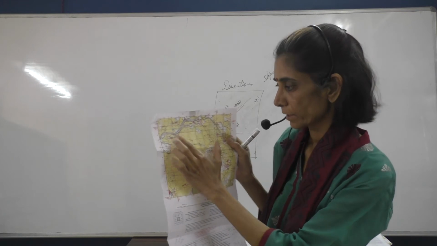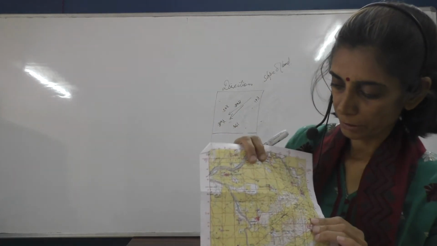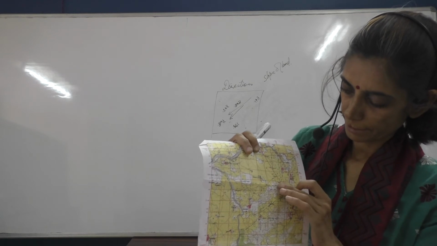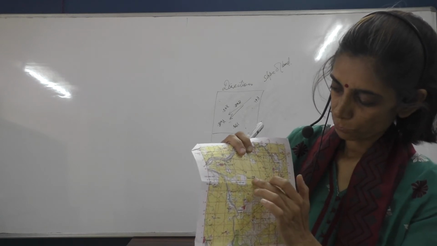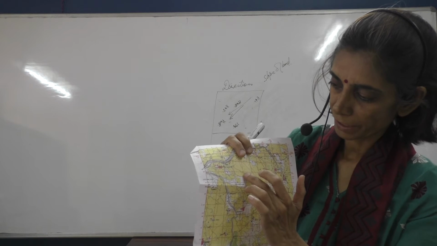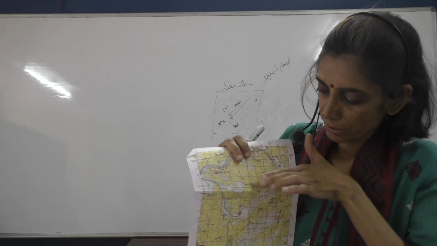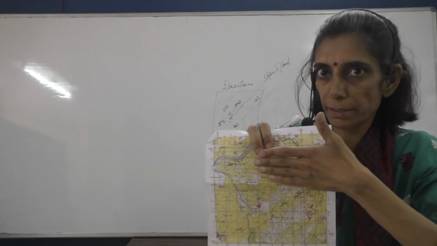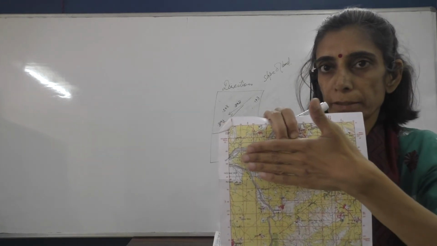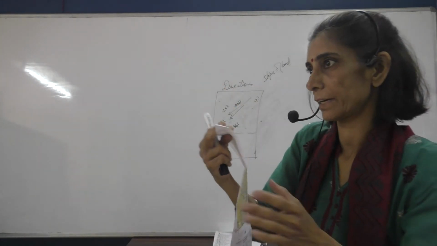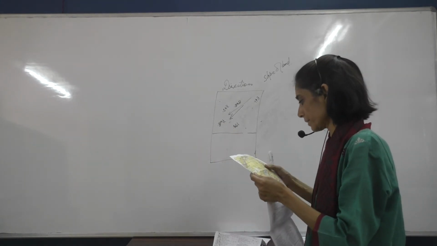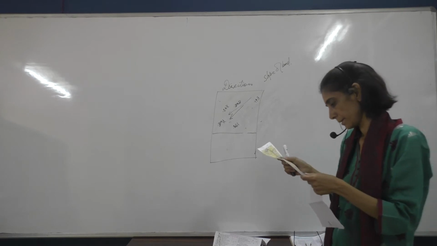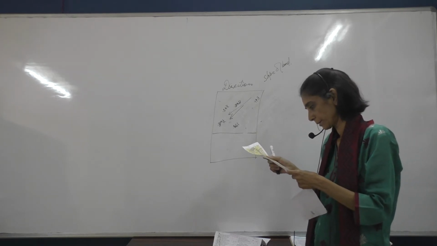237. So if you look at this particular topo sheet, this is 363, 254, 248, 237. The slope of the land is like this. It's decreasing towards this side. Okay, so the slope of the land is in this manner. So we are saying that the slope is decreasing this way.